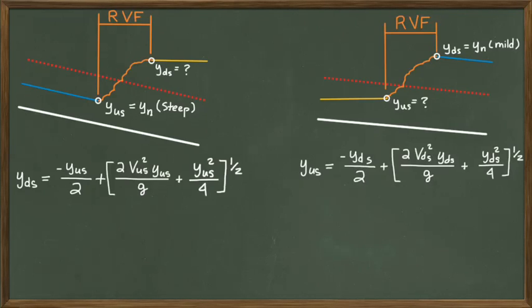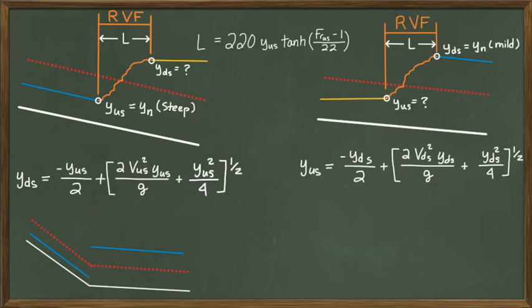This means that the channel velocity used in this equation is found by dividing the flow rate by the downstream flow area. The downstream flow area is found by using the channel geometry and the normal depth in the mild channel. In either case, the length of the hydraulic jump can be found using this formula from Hager's book on hydraulic jumps. In case you've forgotten, tanh is the hyperbolic tangent.